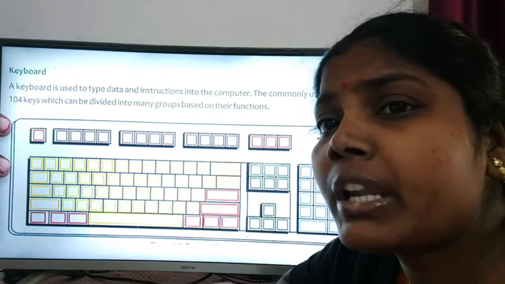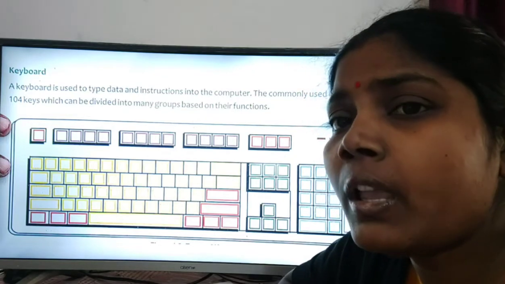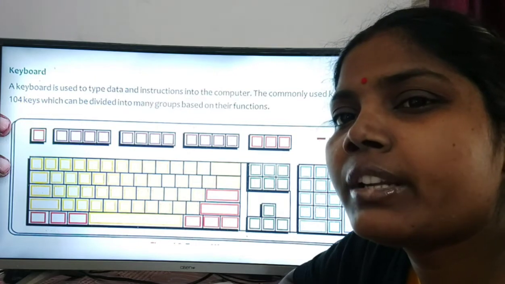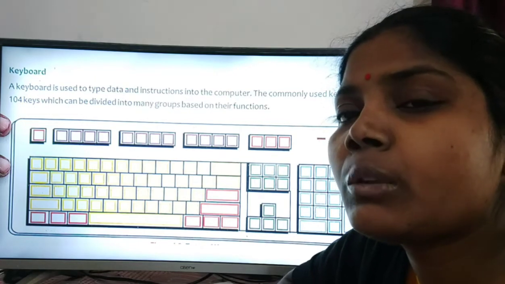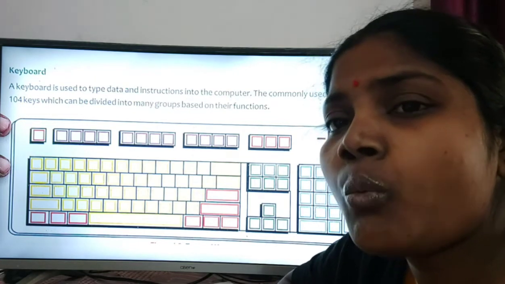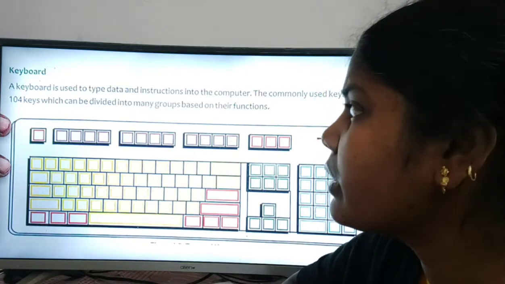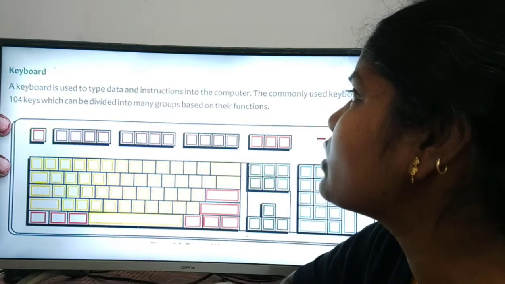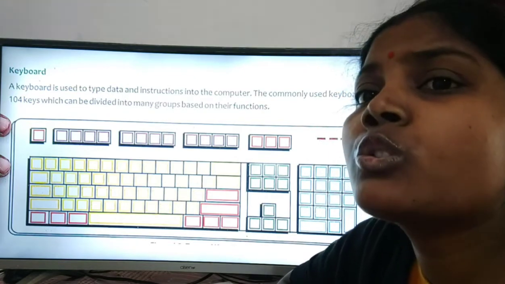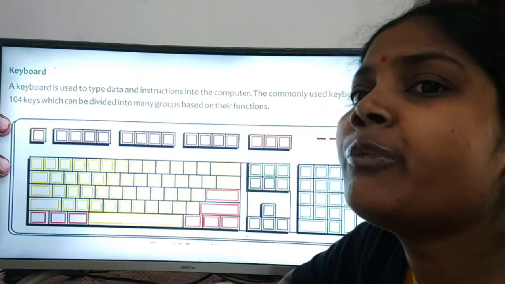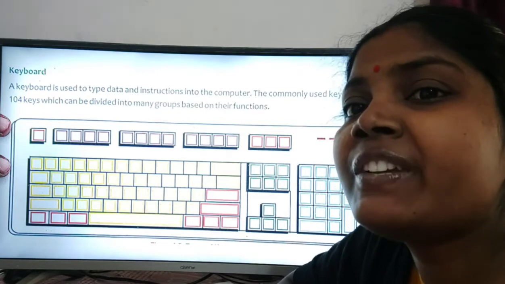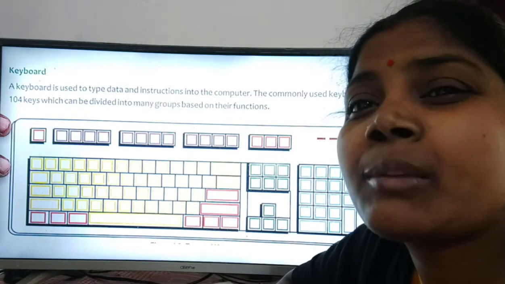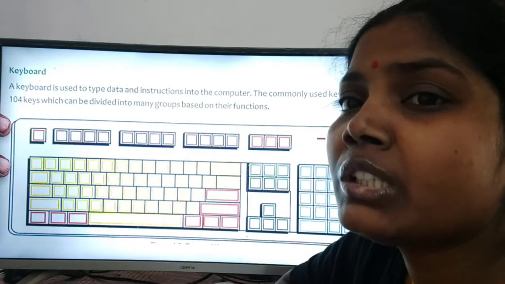Some keyboards do not have 104 keys, but many keyboards have 104 keys. In a keyboard the total number of keys is 104, which can be divided into many groups based on their functions. Among those 104 keys, we divide them according to which type of work they are doing.